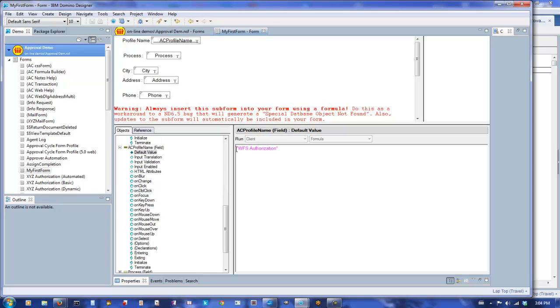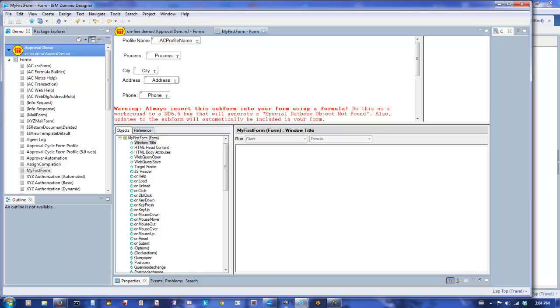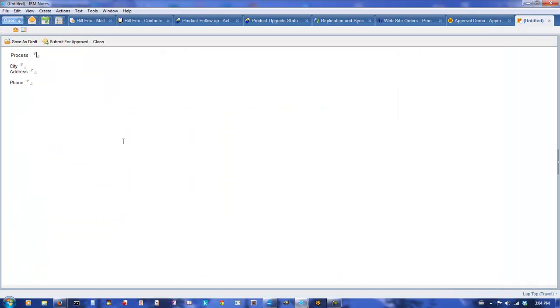So I see that I've got the wrong name in here, so it's supposed to be XYZ authorization. I'm going to save this. Now I'm going to view it in the Notes client. Come back over here, and there it is. We ask for a process name. I can say